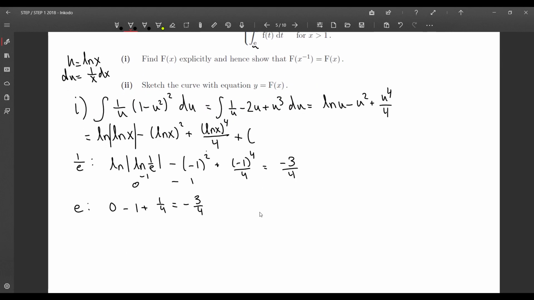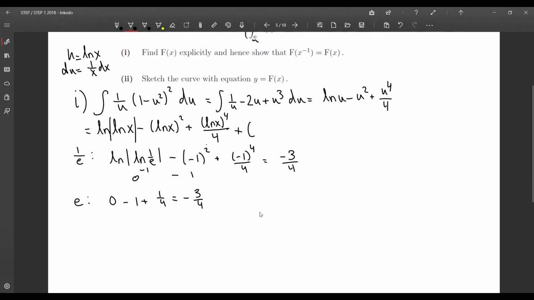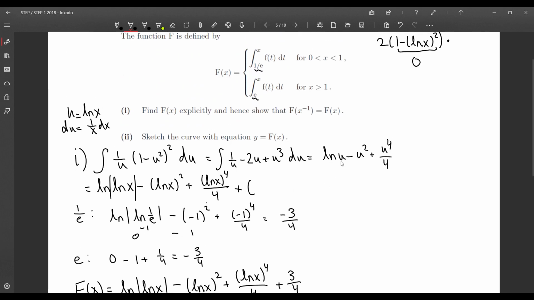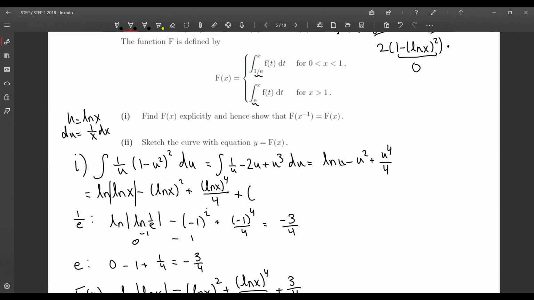So at these endpoints, you're going to have the same thing. You're going to have f of x is |ln x| minus (ln x)^2 plus (ln x)^4 over 4 plus 3/4. And of course you have it defined for these two separate boundaries, or these two different conditions. But the important thing is that if x is in 0 to 1, then